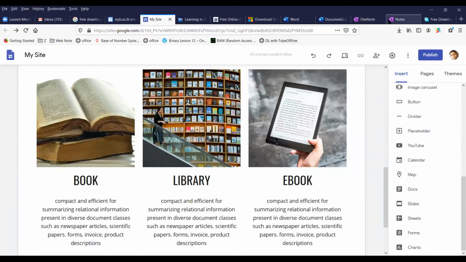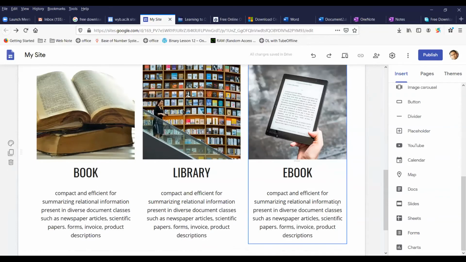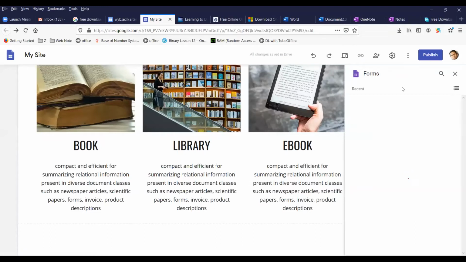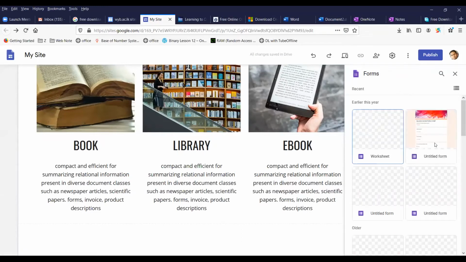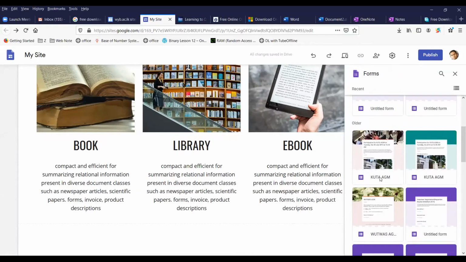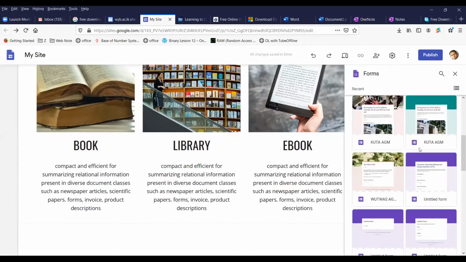I mean, you have to click share, and you can find the link of the Google form. That is what we're going to share. So you can embed that form into this website. So you can just click forms, and you can select a created form. Right. So I'm going to select one. So these are the forms that I have created earlier.